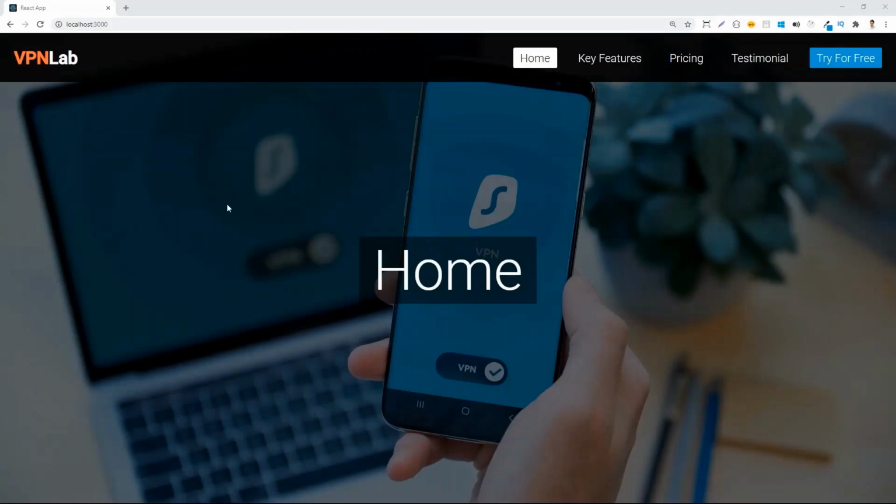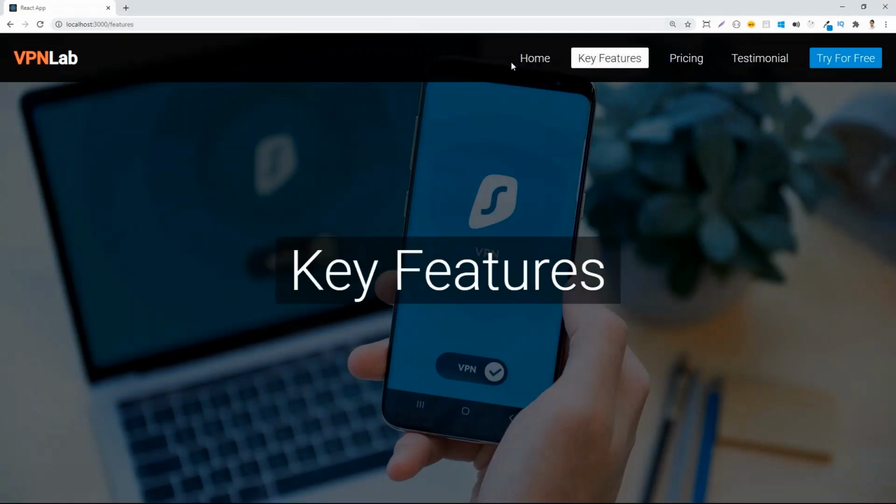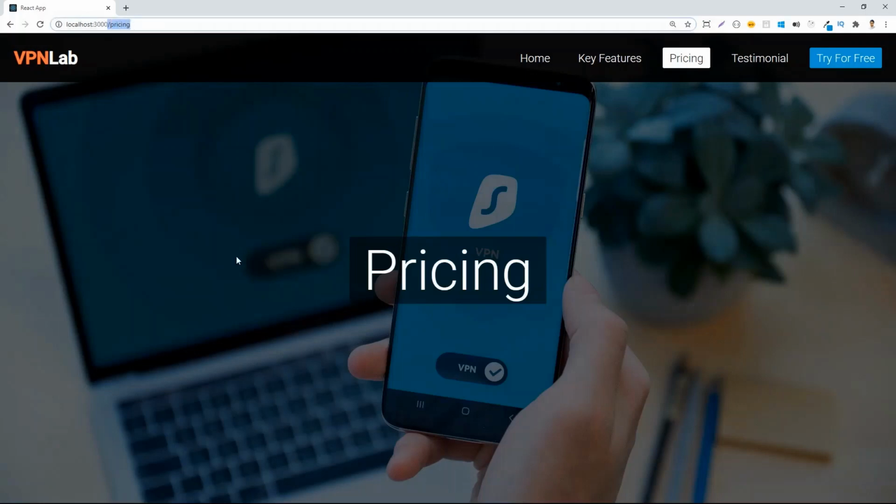You will see that we have a navigation bar with a logo and we have the menu items, and each menu item is a component. So if we click on the key feature, then we are going to route to a key feature page, and you can see that the URL also changes. If we go to the pricing, then the URL will change to pricing and we will be navigating to the